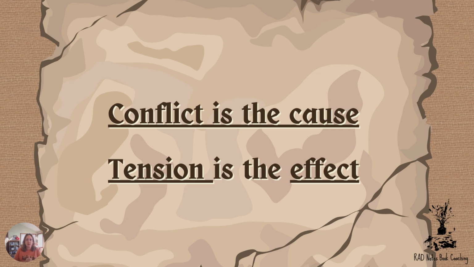So basically, you can think of it this way: conflict is the cause and tension is the effect. Conflict as a cause is the battle of wits between Wanda and Joe, right? They're going to have some kind of fight coming up, so that they're having a battle. The suspense is the anticipation of how the battle will actually unfold. Whereas tension, again, is the feelings that the readers get, knowing that Wanda has this issue of someone following her, wanting to kill her, and what she's going to do to fight up against it.